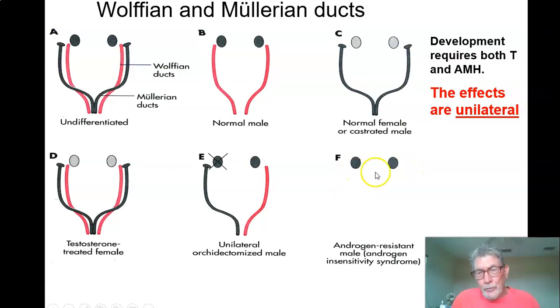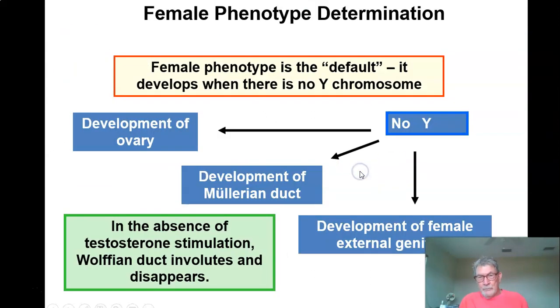And this is another interesting case, and it's not terribly uncommon. This is where you have what's called androgen insensitivity syndrome. You're a male, okay? So these are testes. They're making testosterone, but you don't have the right receptors to respond to it, so you don't develop as a male. Your male tubes go away. These don't drop down into the scrotum. You don't develop a scrotum. You can't respond to your own testosterone.